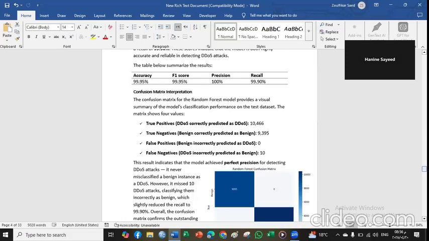The confusion matrix for the random forest model gives me four important results. True positive, DDoS correctly predicted, is more than 10,000 records of data. True negative, benign correctly predicted, is more than 9,000 records of data. False positive, benign wrongly predicted as DDoS, is 0, and it's very important. False negative, DDoS wrongly predicted as benign,